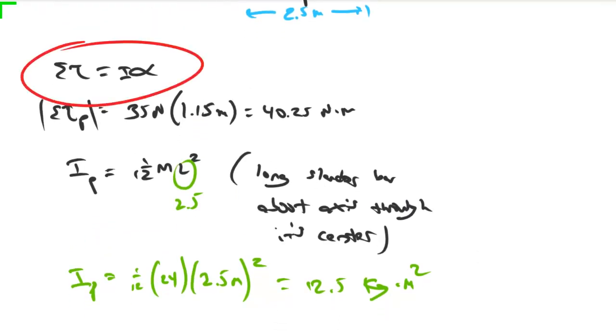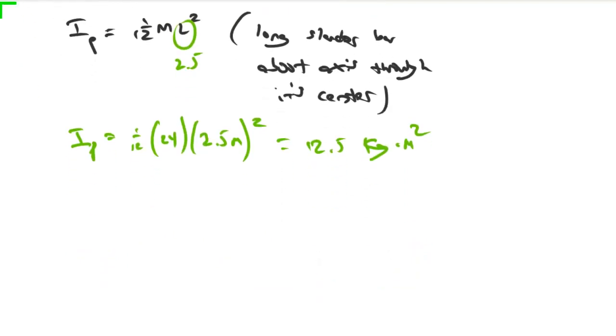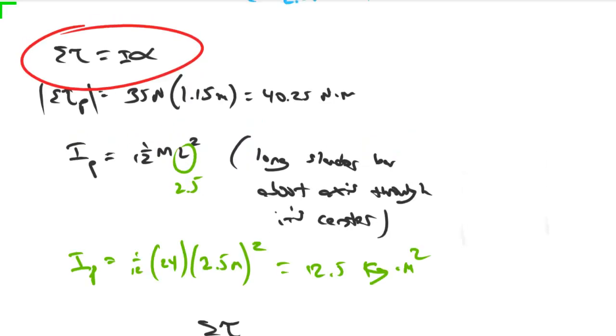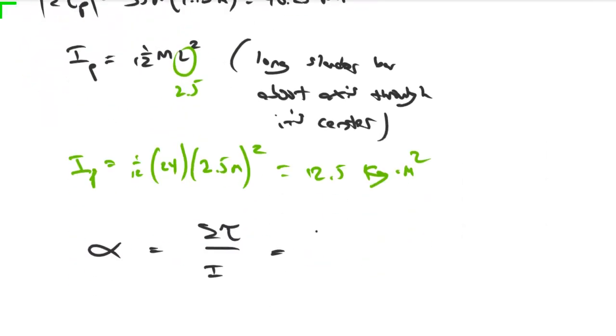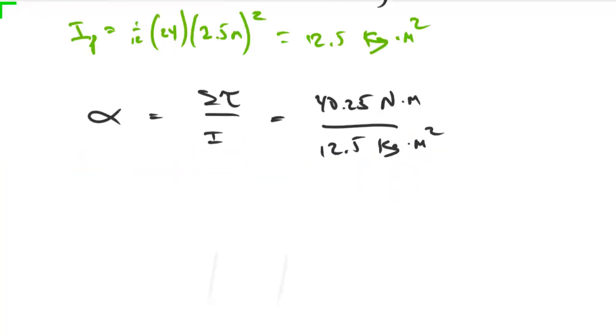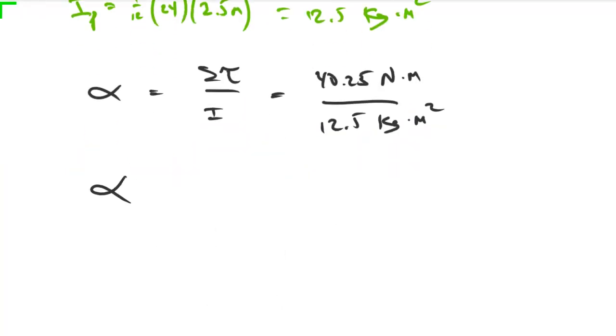Our acceleration is the sum of torques divided by rotational inertia, so the magnitude of it is the magnitude of the torque divided by our rotational inertia, and so this is 40.25 Newton meters divided by the 12.5 kilogram meters squared, and so then alpha comes out to 3.22